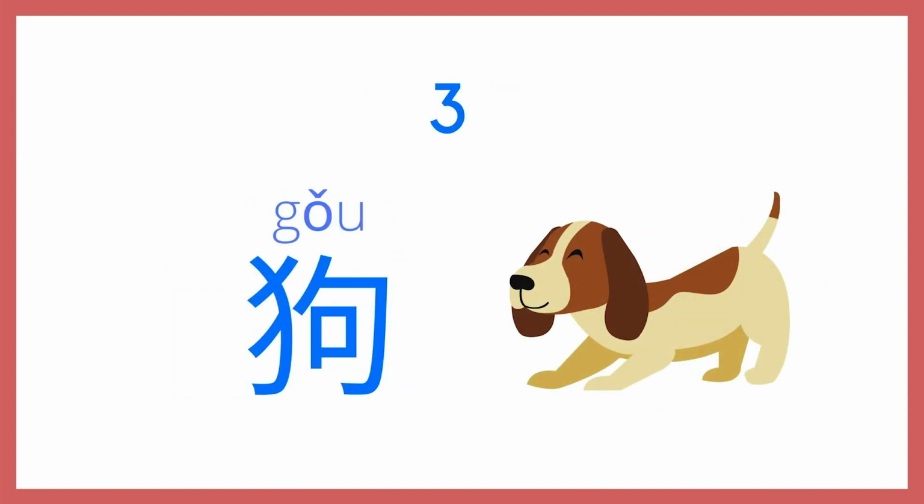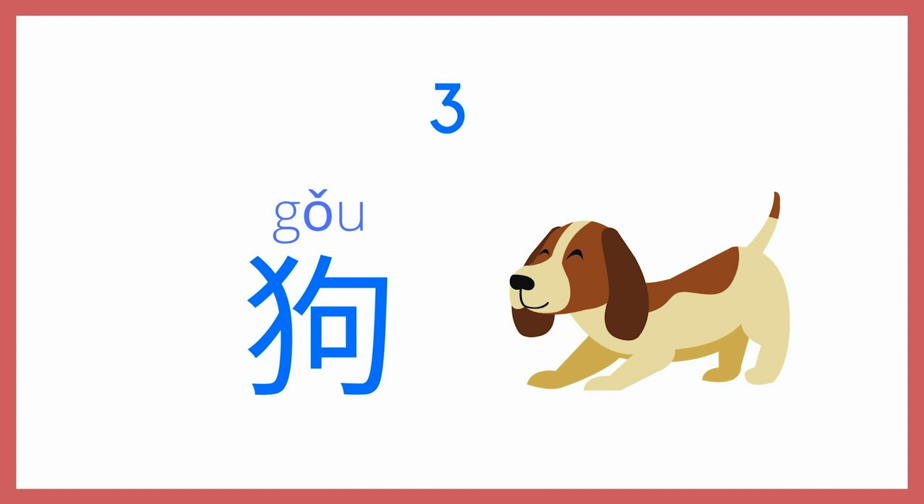Take a look at this word. 狗. It means dog. Now, in Chinese, people often put 2 words together to convey cuteness. Just like in English, we add the E sound to words to make them cute. For example, if you're talking to a small child, you might say, look at the doggy. In Chinese, doggy is created by doubling up the word 狗.